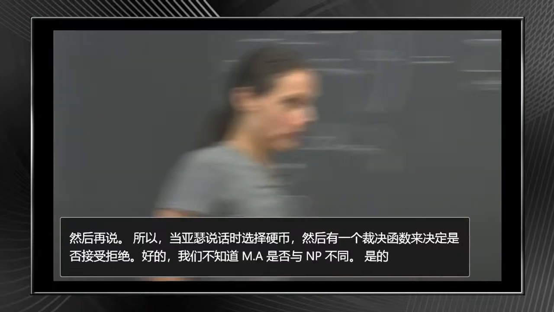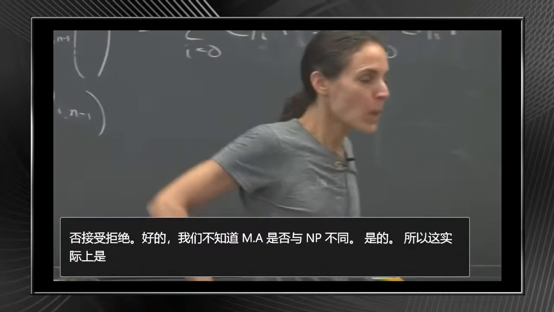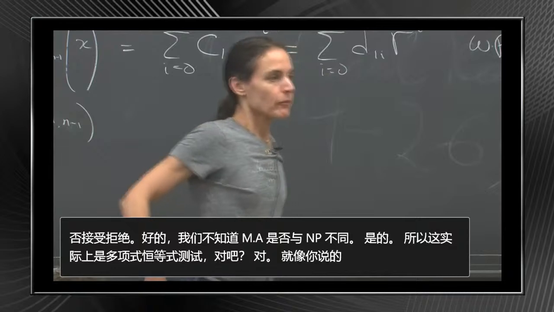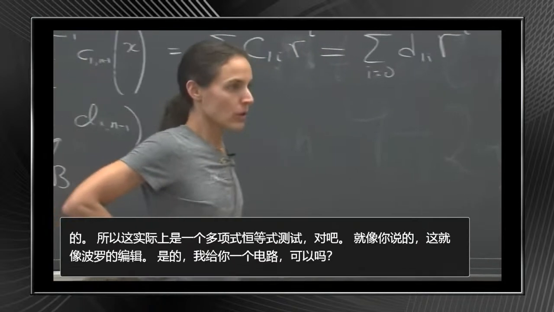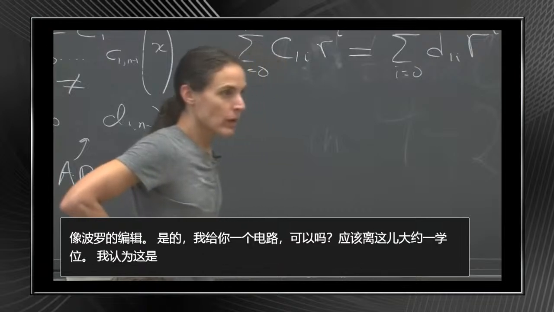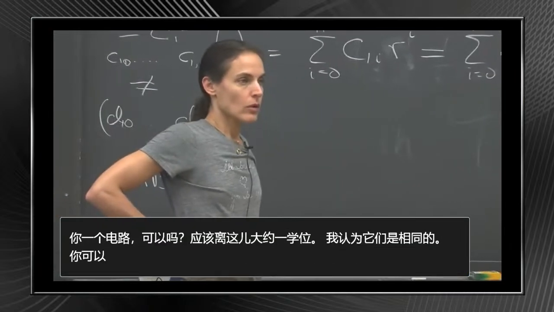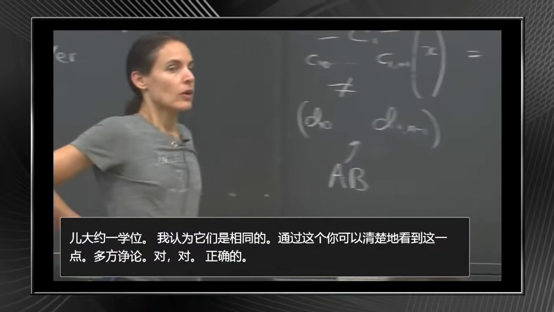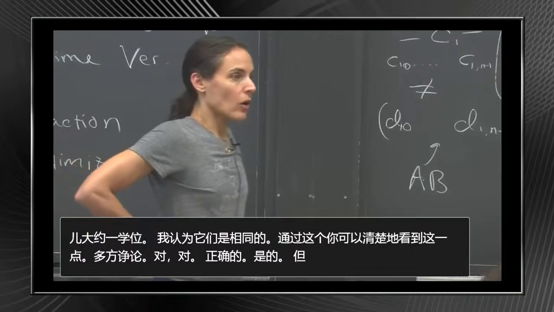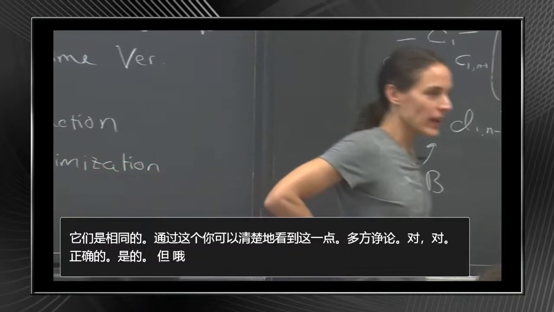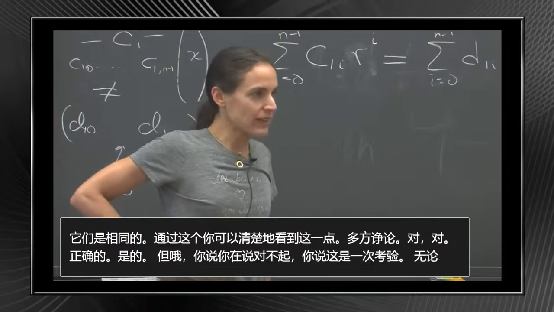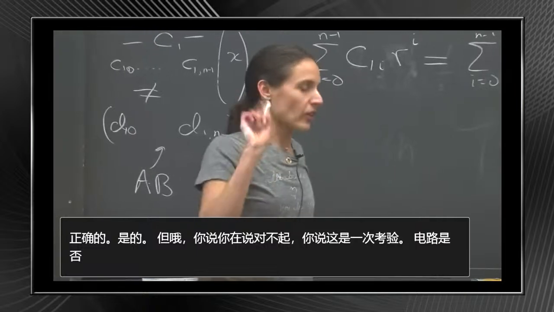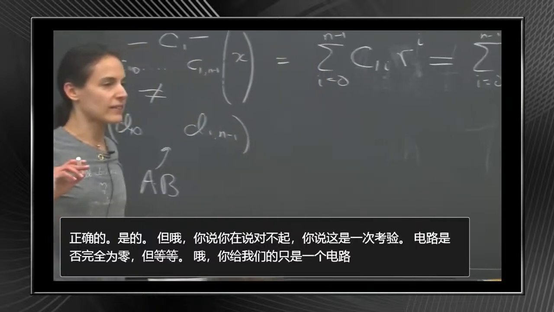So this is actually like polynomial identity testing, right? Yes. I give you a circuit, supposedly a bounded degree polynomial, and I claim that it's an identically zero circuit. You can check it clearly with the multivariate Schwarz-Zippel. But you're saying to test whether a circuit is identically zero. Yes, as a circuit, testing if it's identically zero.